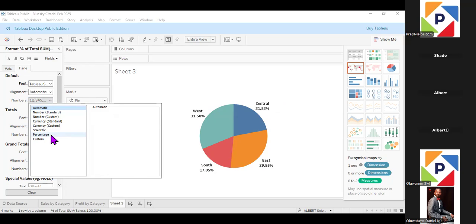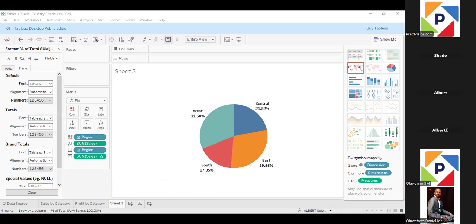This time around, we want to use percentage. So if you select percentage, and if you click on the numbers, you would see that